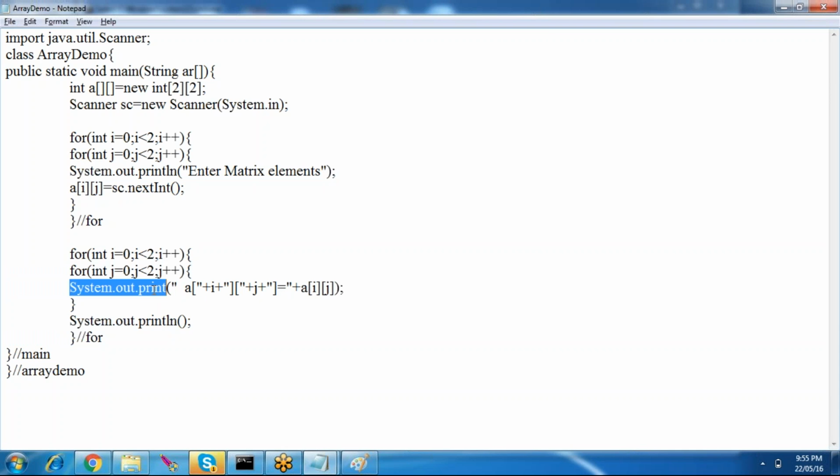Because if you see a market list or a flight list, it will be in rows and columns. So whatever details you want to display in rows and columns, then you have to go for this two-dimensional array itself. Okay, that's the concept we have to follow. So that's the end of this array concept entirely. And if you have one more dimension, you add one more for loop, you can say. Okay, so